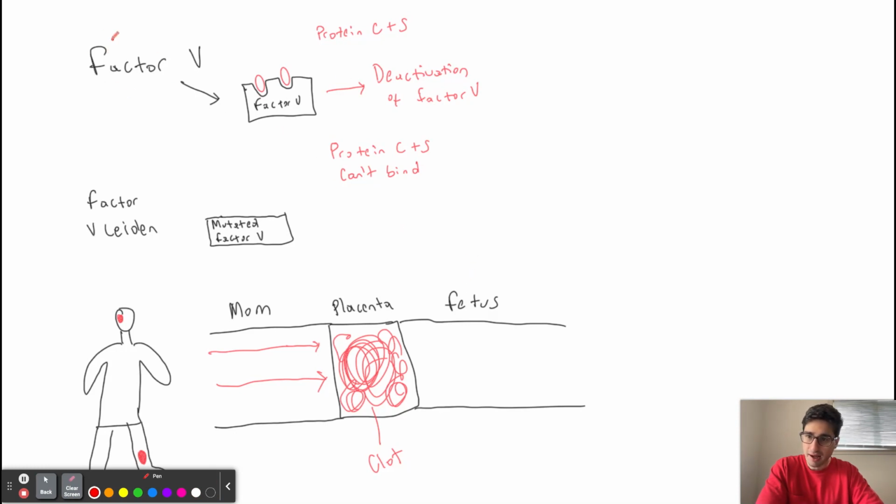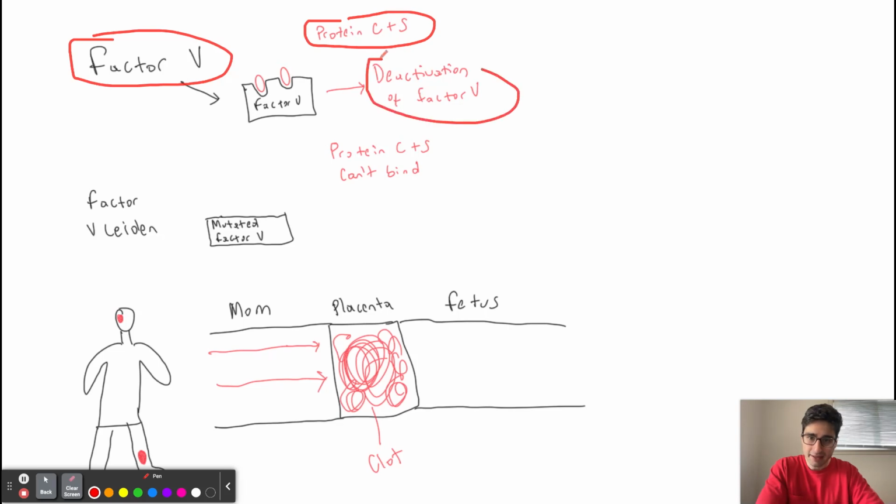Now, in this picture, I have factor 5 drawn in, and factor 5 is normally going to have these cleavage sites where protein C and S can bind to and deactivate factor 5. Now, if you have a mutation that causes the absence of these cleavage sites, then protein C and S will not be able to bind to factor 5 to deactivate it. And so, if they're not able to deactivate factor 5, then that is going to cause a hypercoagulable state within